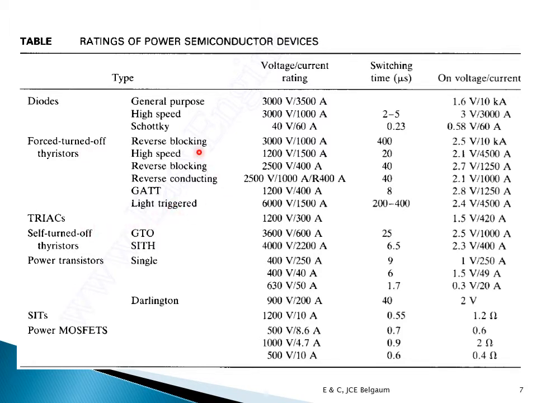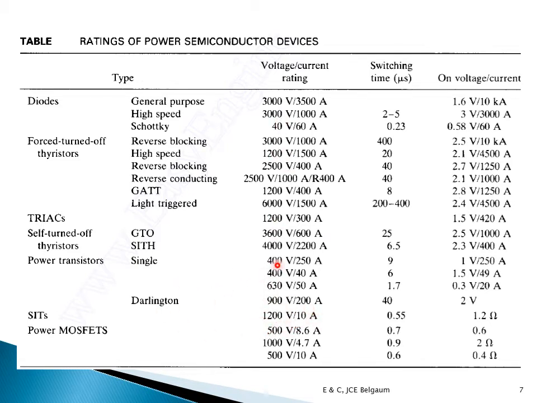So you should have a look. This is around 3000, 3500 for diodes. And SCR is also approximately 3000, except its current is slightly less than the diodes. But a triac carries around 1200 volts and 300 amperes. And thyristors are again around the same value as your diodes, or this forced-commutated type of thyristors. Transistors are again 400 volts. So they have basically a lesser rating than the thyristors or the diodes. Similarly, SIT is also 1200.